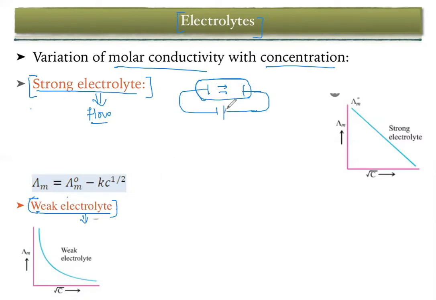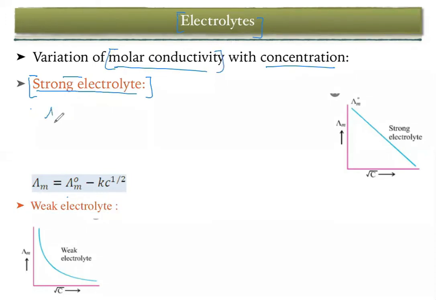The types of electrolyte that we use for the experiment will vary depending upon the strong electrolyte or weak electrolyte. So now let us understand how the molar conductivity will behave accordingly. Molar conductivity versus concentration. As we are talking about the concentration, the strong electrolyte versus weak electrolyte. For strong electrolyte, the molar conductivity and concentration will show this kind of graph, whereas for weak electrolyte they will show this kind of graph. Now let us understand how the strong electrolyte will show this kind of graph.